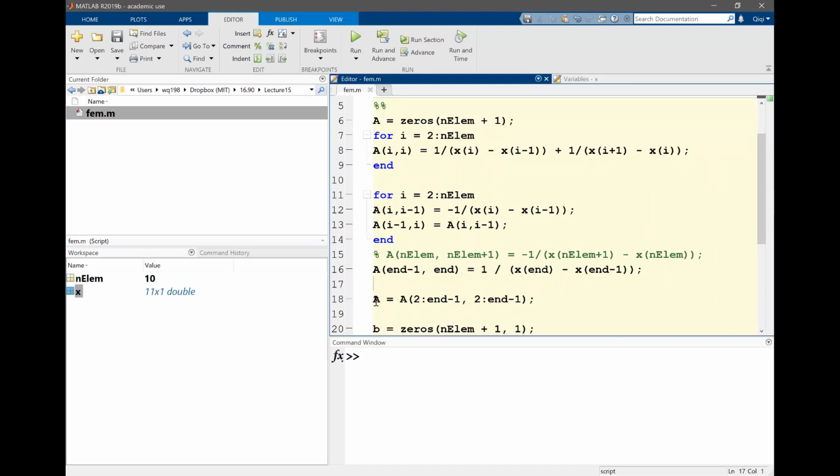Before we get rid of the last column, let me say the right-hand side, the part of A that has to be moved to the right-hand side, is going to be equal to A. For the rows, I'm still going to be taking from 2 to n minus 1, but for the column, I'm going to be